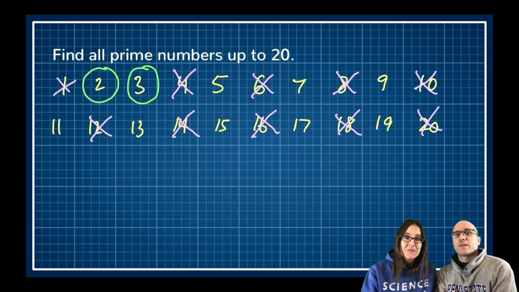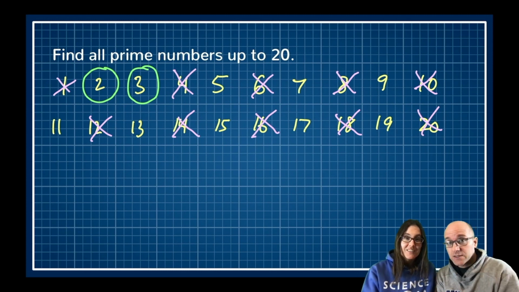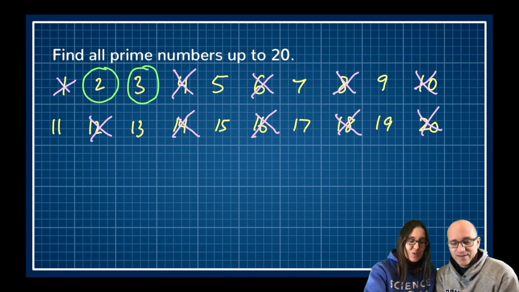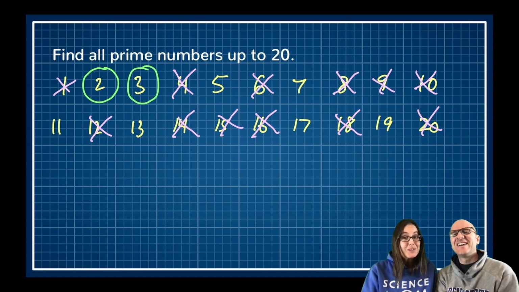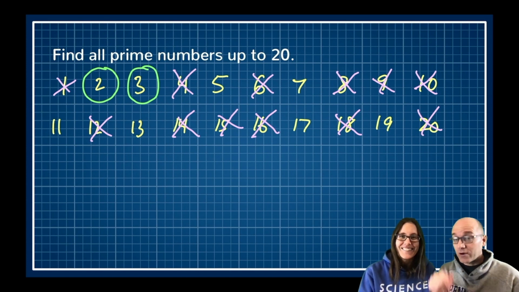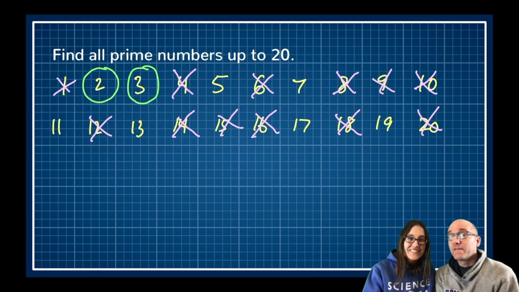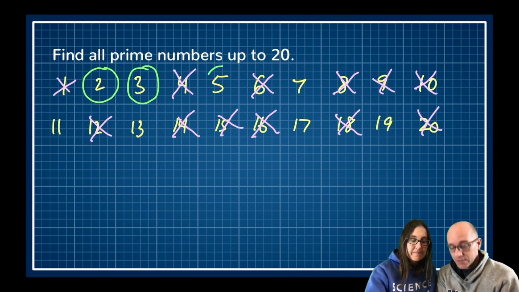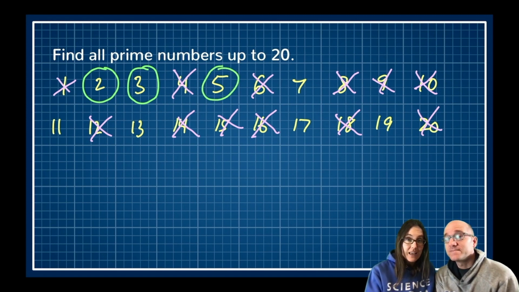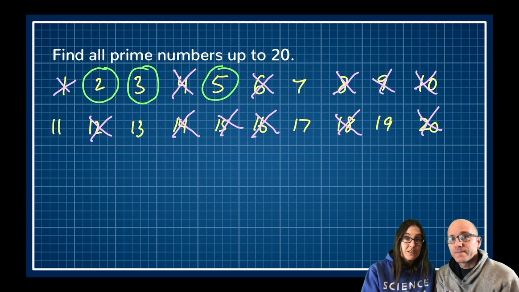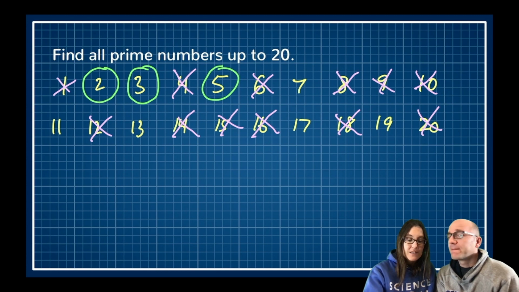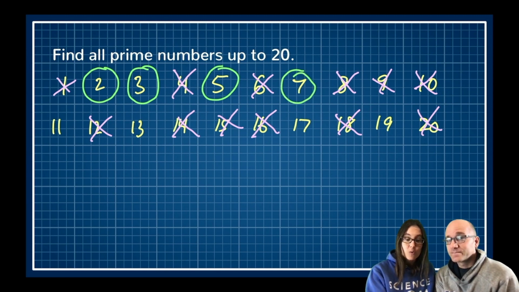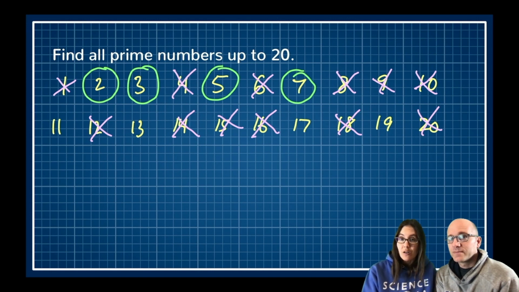Okay, so then you said 3 is prime. That's correct. Time for the song. 3, 6, 9, 12, 15, 18, 21, 24, 27, 30. Yeah, so you can cross off all the multiples of 3. Okay, 5 now. 5 is prime. Agreed. And that means that 10 and 15 and 20 are not prime, but I already have them crossed off my list. Okay, 7. 7 is a prime number, and that means that 14 and 21 are not going to be prime because they're multiples of 7, but they're already crossed off as well.